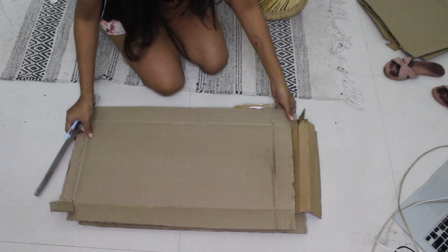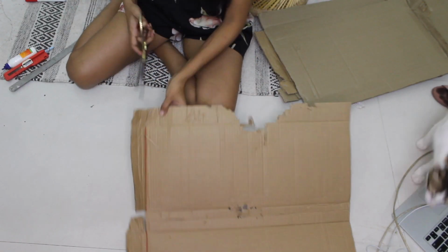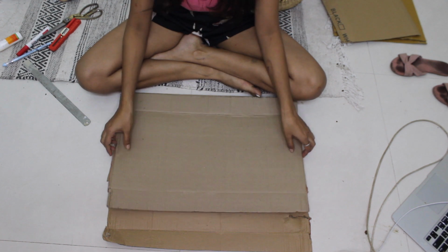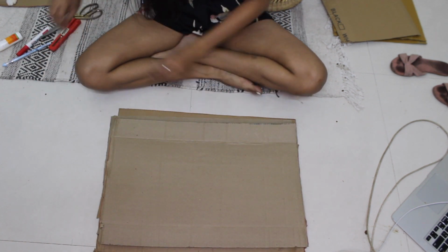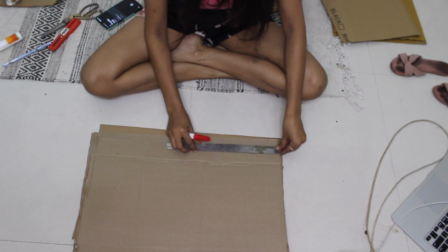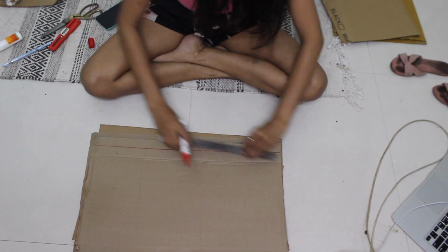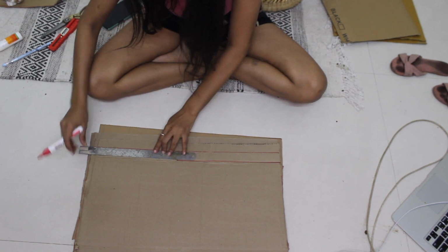Trim out any extra section of the cardboard box, and that would help you to get equal sized boxes here. Now once you have all the boxes, make straight lines and they'll be parallel to each other, and just continue doing that along with all your cardboard boxes. Be patient with this and you're just going to enjoy the end product. Well, it might take a while, so